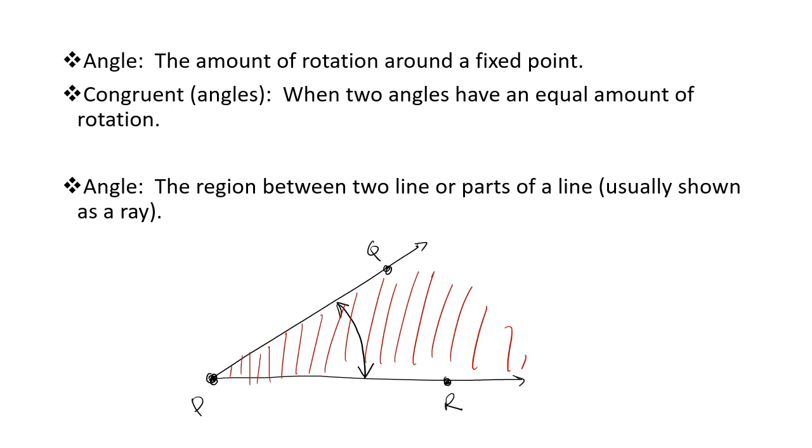And it's maybe not the best way to think about it, because when we think of this region, we're thinking of it as an area, and an area usually has squared units. So we think about a room having square feet, or a city being in square miles. And this angle is not measured in any kind of square unit. So maybe thinking about it as a region is not the best way, but this is what I think of as an angle. I think of it as how much stuff is between these two lines, or these two line segments, or these two rays. The point is that both of these are totally valid ways to think of an angle. So we want to make sure that students are able to understand an angle either as a rotation or as a region. They're both going to work.